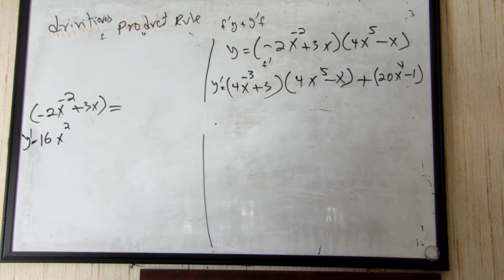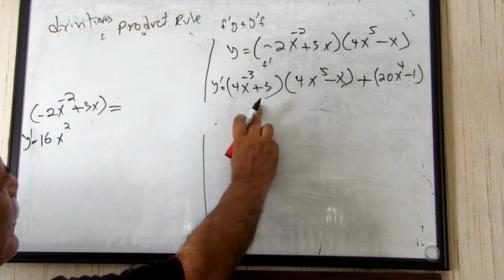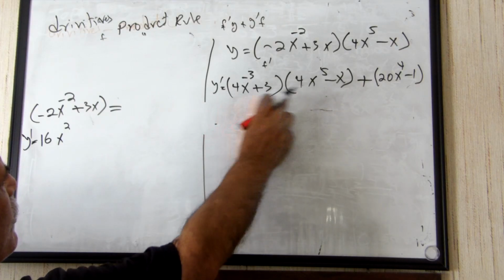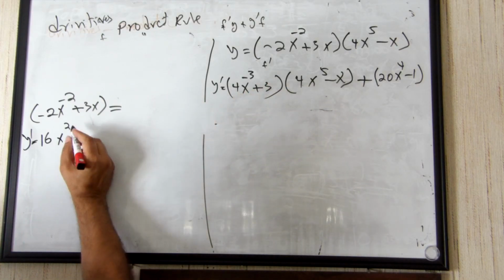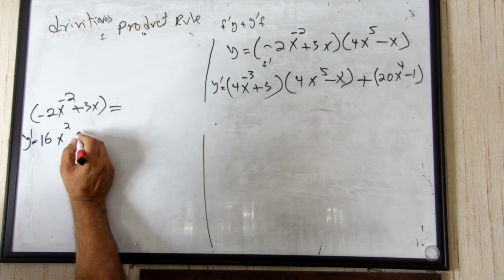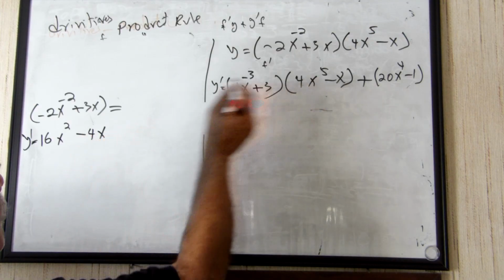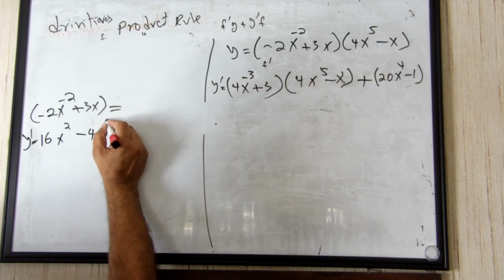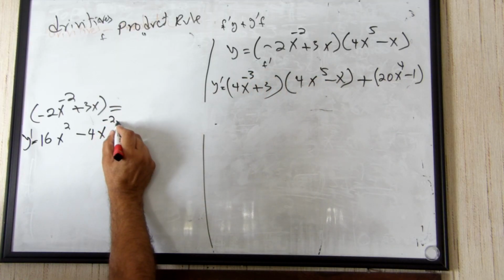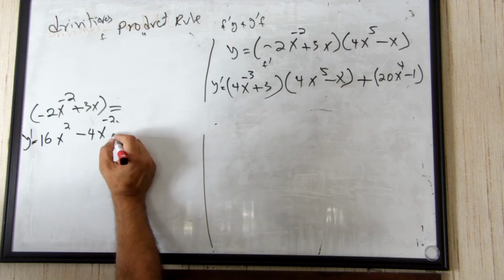Okay, and then we multiply this. 4 times 4, 16x plus x to the power of 2 minus 4x plus 1 minus 3 minus 2, okay, and then plus